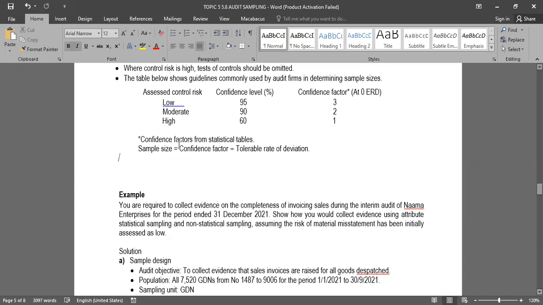Let's continue. Maybe other things to emphasize are these formulas. Sample size is equal to the confidence factor, which is this, divided by the tolerable rate of deviation, which they normally give you. There's another formula, by the way,